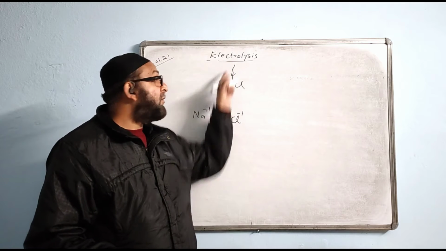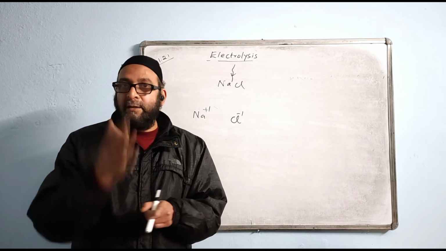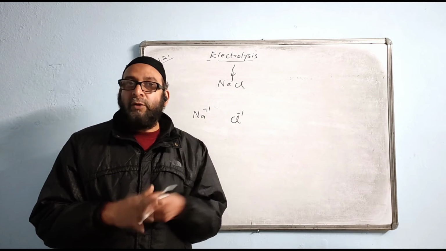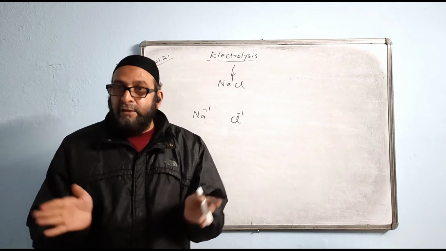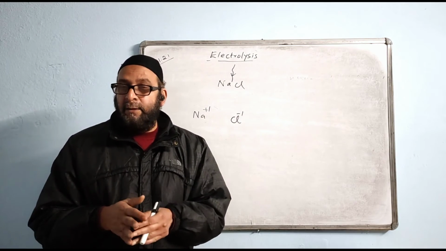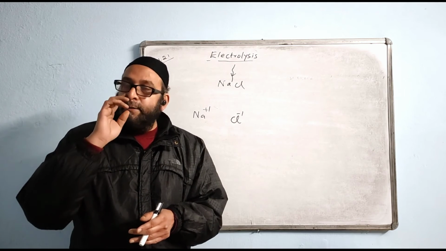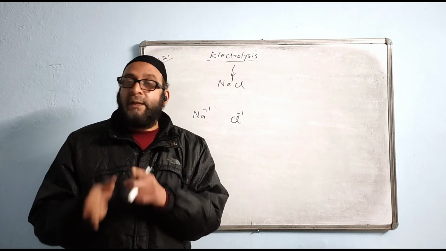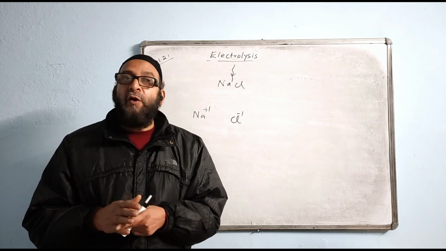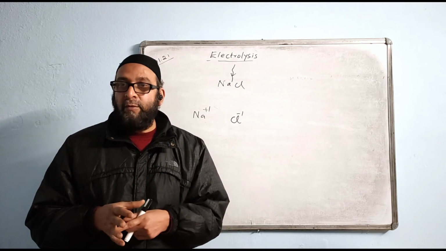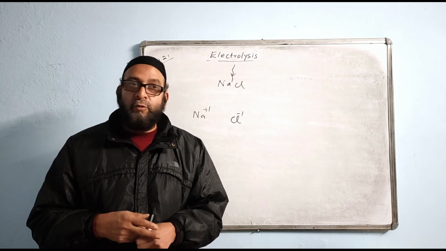There is another definition of electrolysis also. The first one I said: the decomposition of a chemical compound by passing current through it in its aqueous or molten state is called electrolysis. Or in other words, the conduction of electricity through a substance in its aqueous or molten state due to flow of ions is called electrolysis. That definition is also correct, and we have to know that definition also.